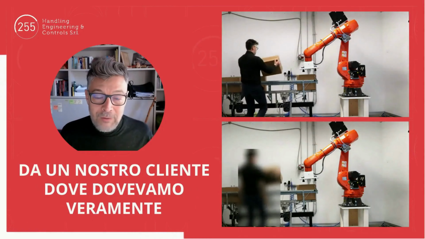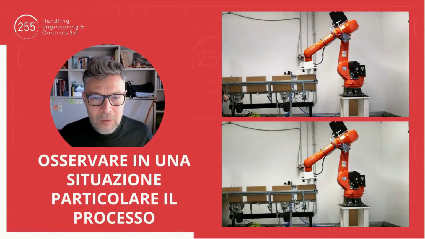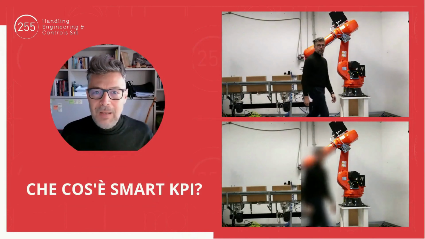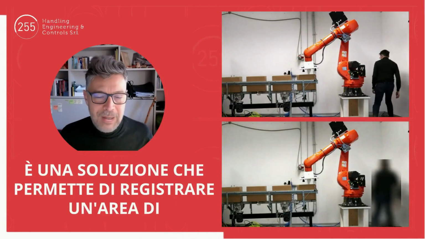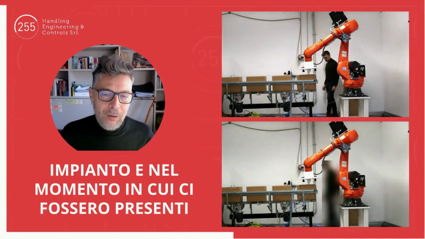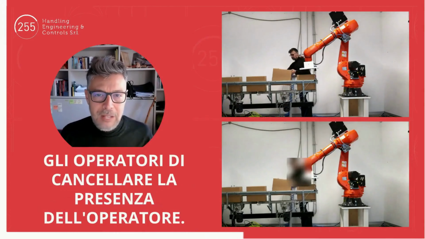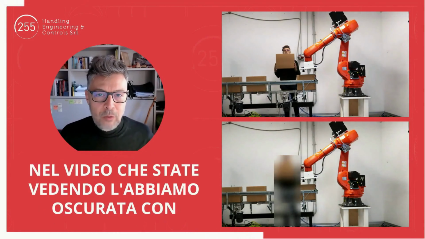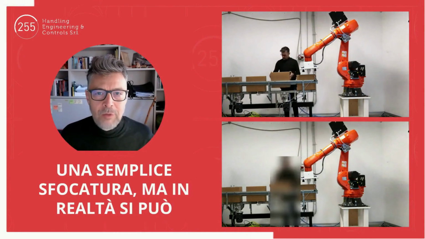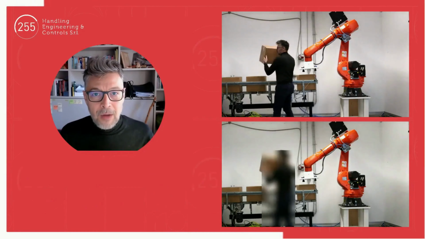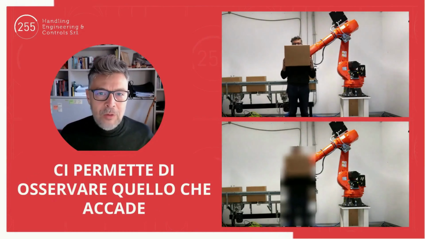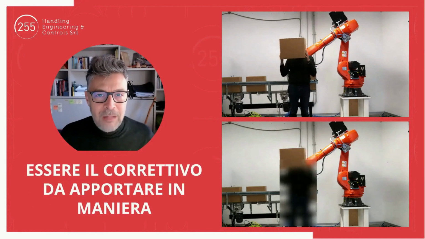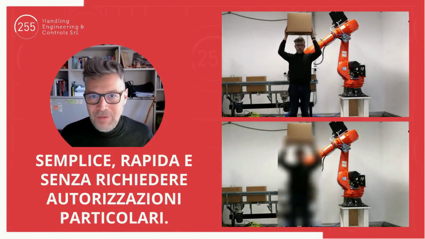At our client, where we really had to observe a particular situation in the production process, we created Smart KPI. What is Smart KPI? It's a solution that allows recording of an area of the plant and, when operators are present, to erase the presence of the operator. In the video you're watching, we obscured it with a simple blur, but in reality it can be obscured in a much heavier way. What does it allow us to do? It allows us to observe what happens and therefore to deduce what corrective action can be taken simply, quickly, and